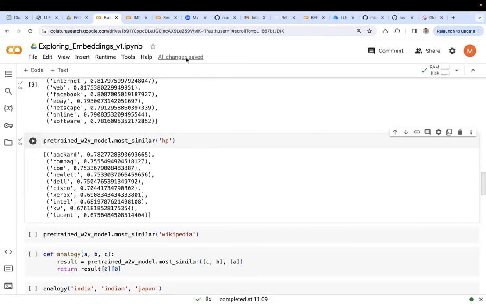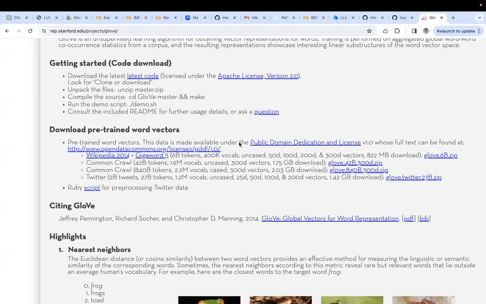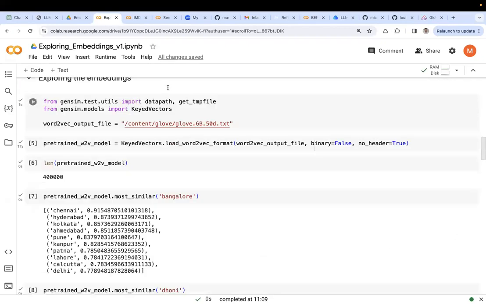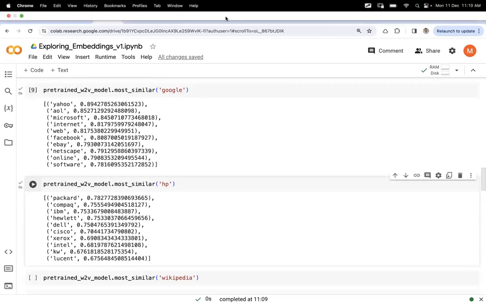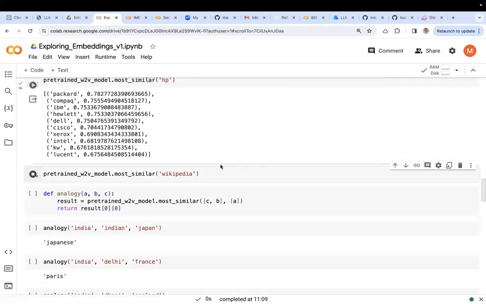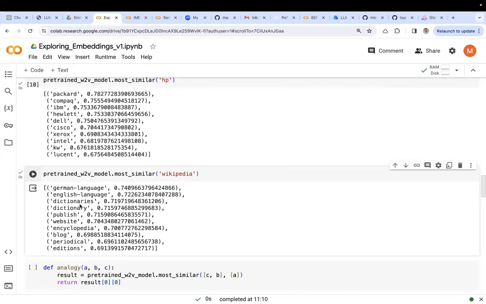This is case insensitive, so you have to give the word in lowercase, because you read that this is all lowercase, uncased. If you give uppercase, it will say the word is not found or something. Are you getting the same result? And yeah, if you say Wikipedia, it's German language, English language, dictionary, publish, and all that, encyclopedia, blog, periodicals,